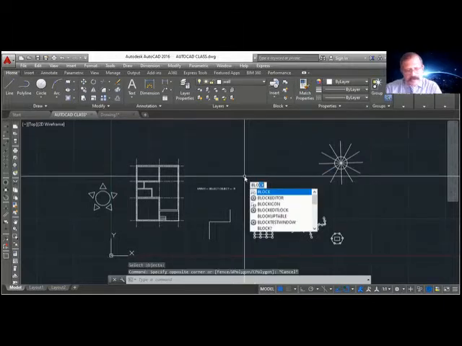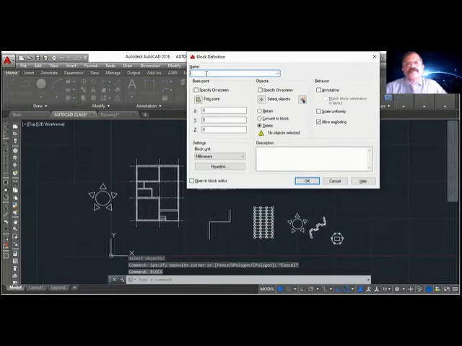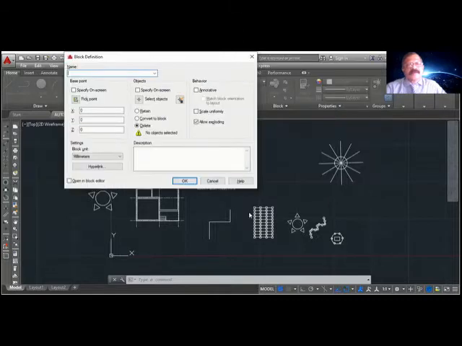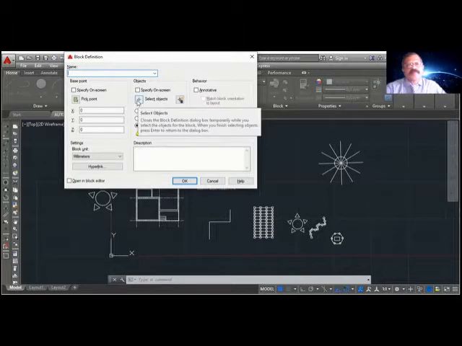So last time I think we typed block, block name, pick point, click pick point, and select the base point of the object. Then you click select objects and select the object using a cross window.